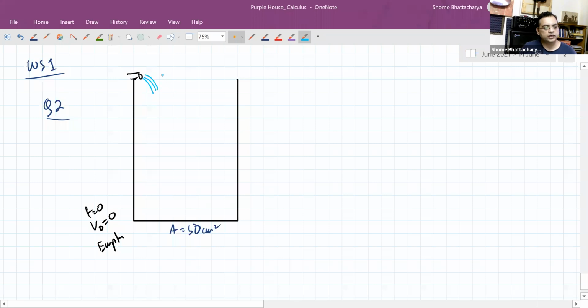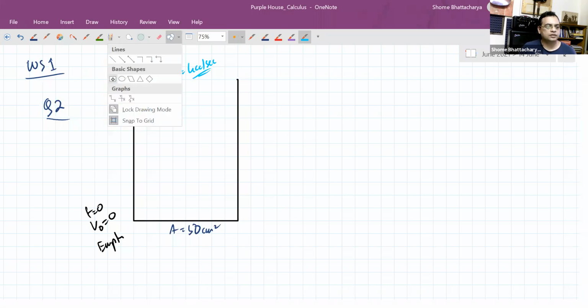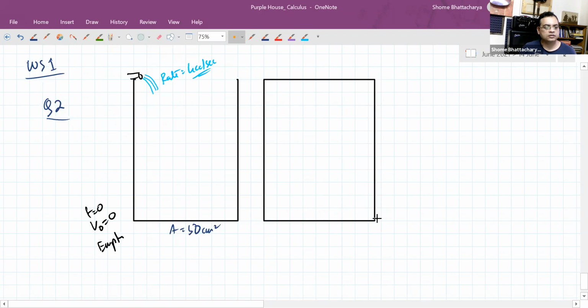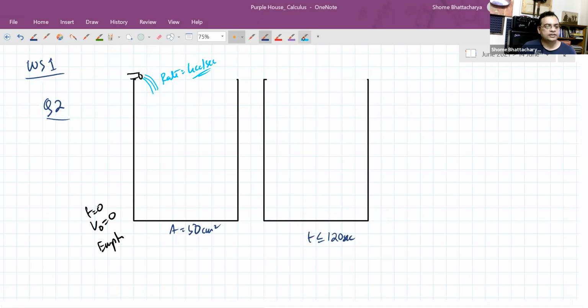The rate over here is 4 cc per second, cubic centimeters per second. After some time, and I'm talking about within the 2 minutes, so no leakage has developed yet, if I look at some later time, which is less than or equal to 2 minutes, so now t is less than or equal to 120 seconds, at this rate